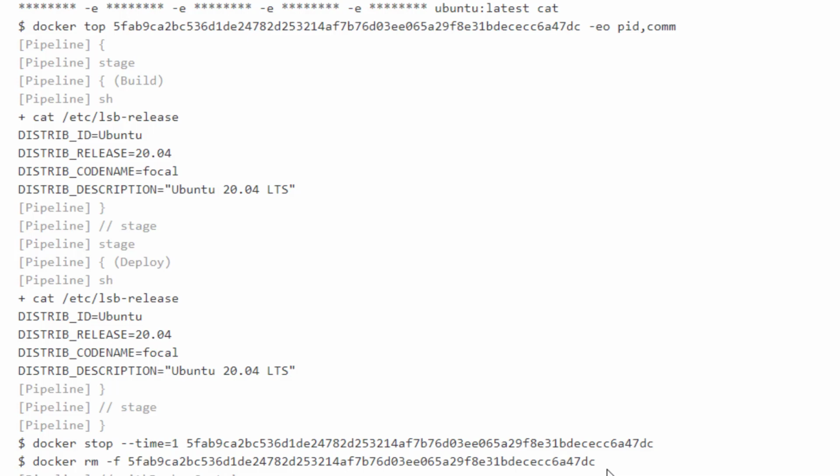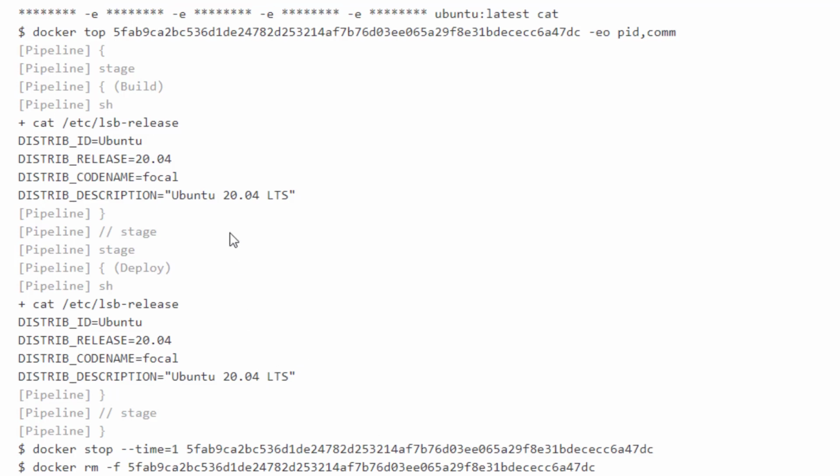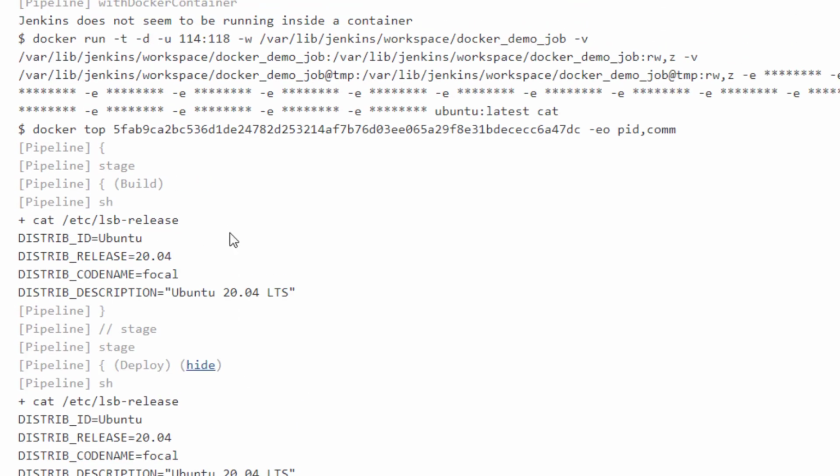So you're not going to keep any container or any machine idle for your jobs to be triggered. Every time you run a job, it is going to create a new agent, and once your job activity is done, it is going to destroy that particular agent. Now in this case you can see that both my build and deploy activity has been done using the same container. What if I want a separate docker container for both of my stages?